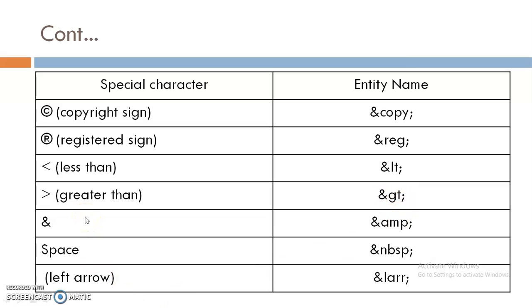To display the ampersand sign on a web page, I have to write ampersand amp semicolon. To give a space between text, I have to use ampersand nbsp semicolon. And to display a left arrow, I have to use ampersand larr semicolon.